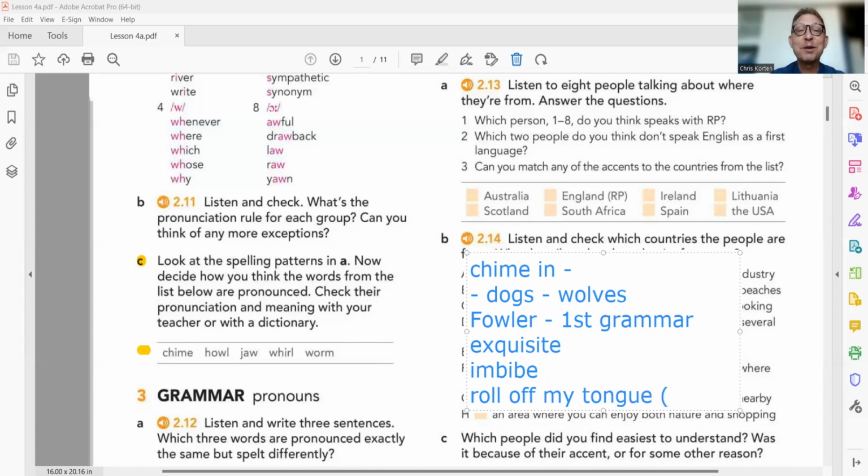Now, by the way, if something is on the tip of your tongue, that means you can't remember it. It's almost the opposite. It's on the tip of my tongue, but I can't quite remember it. By contrast, these words roll off my tongue. Anyway, getting back to the point, Fowler said,